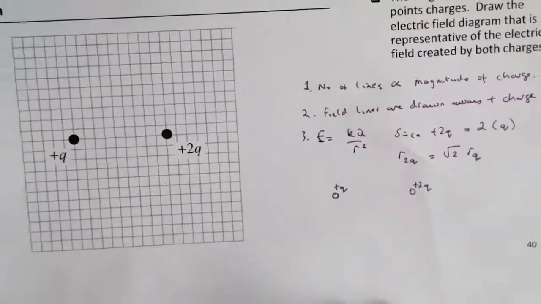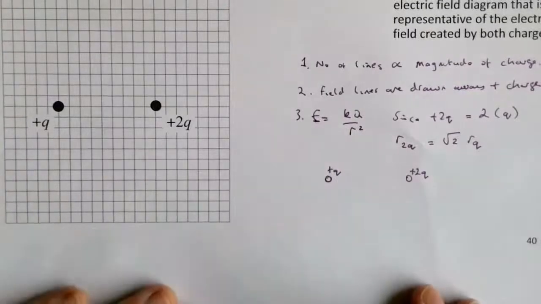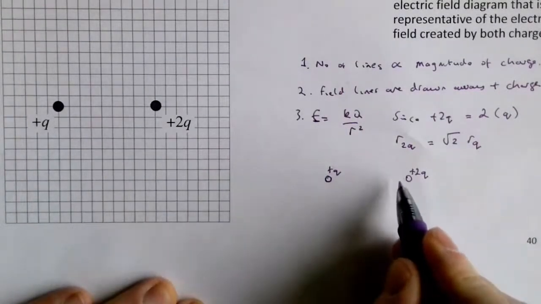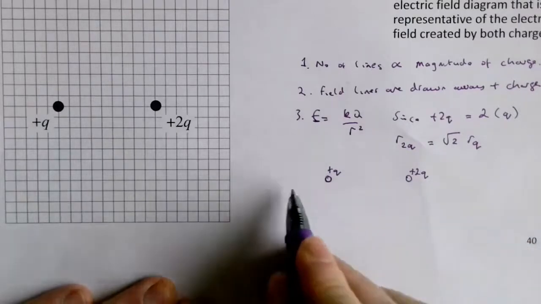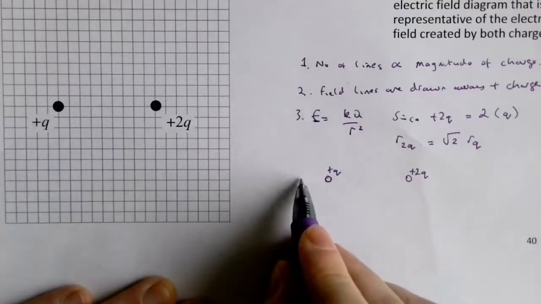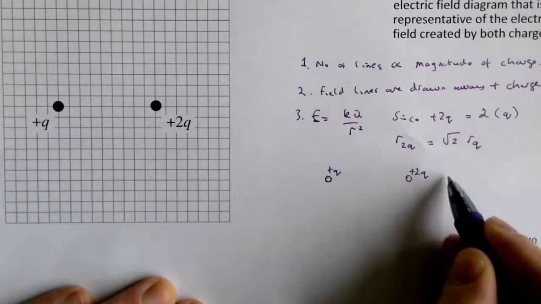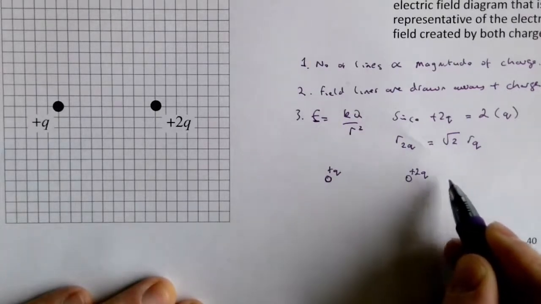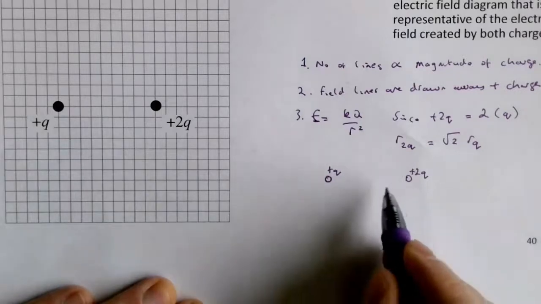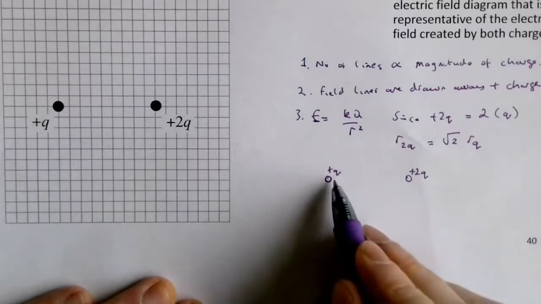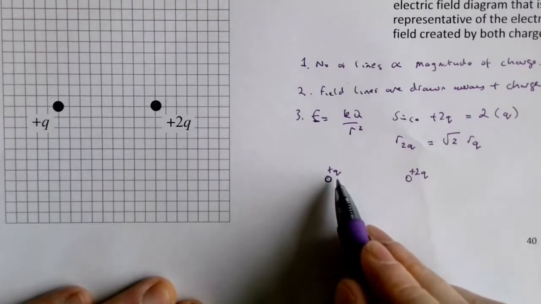So let's say the field is 0 between the two charges. The field cannot be 0 at any other point, because if it's over at this point, it's away from the plus q, away from the plus 2q. Any point to the right of the plus 2q, again the field points away from the plus 2q, away from the plus q. So it's somewhere here in the middle where the fields are in opposite directions. It's going to be closer to the plus q than it is